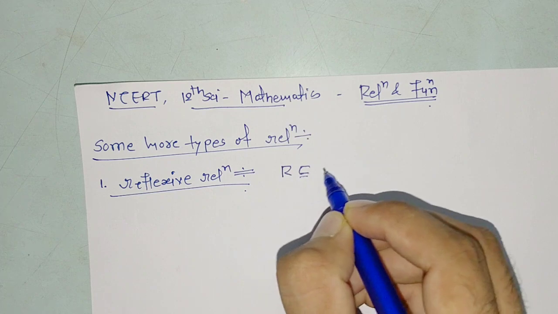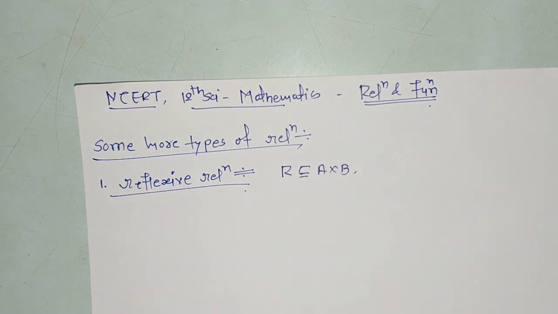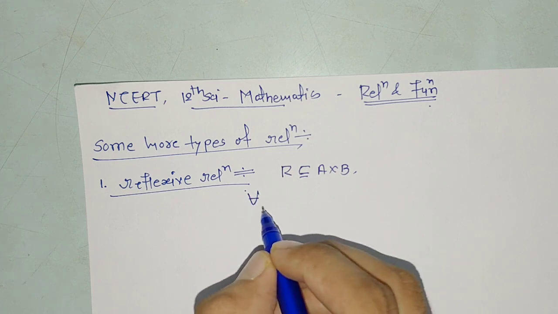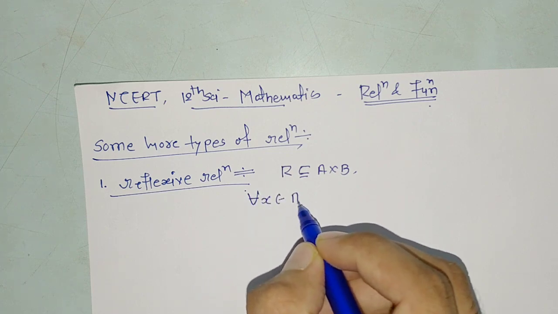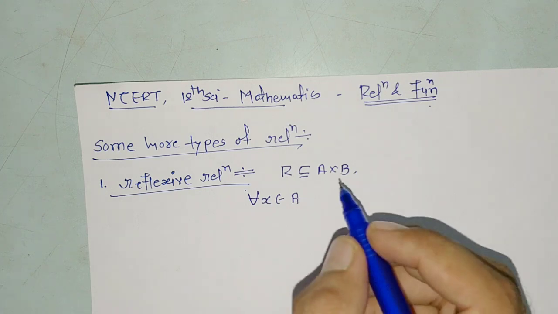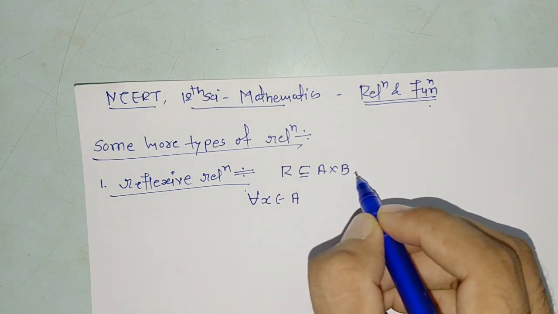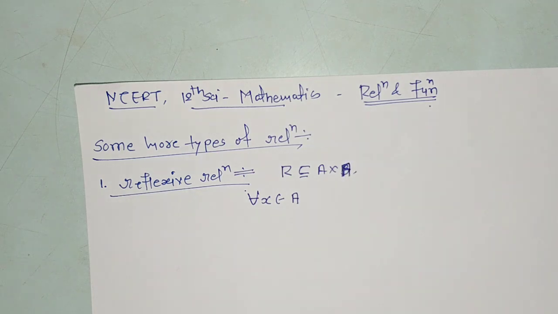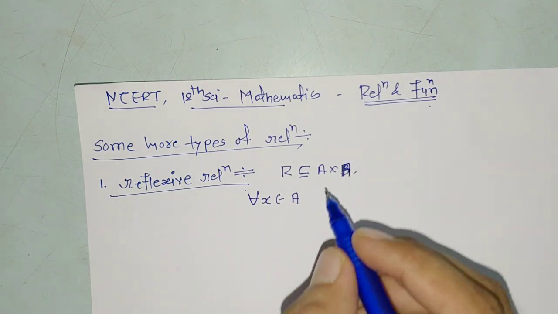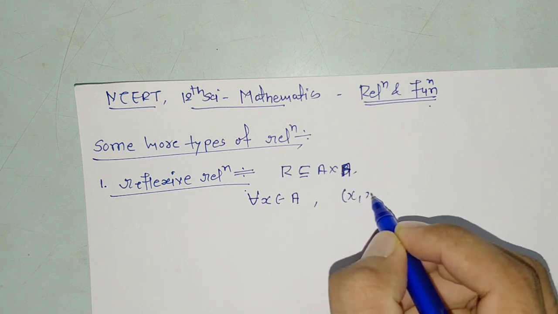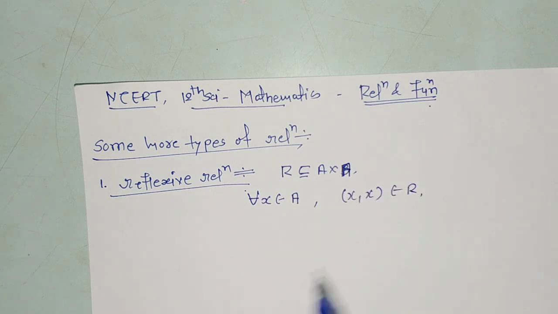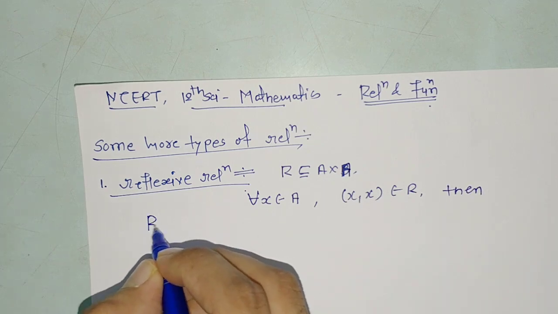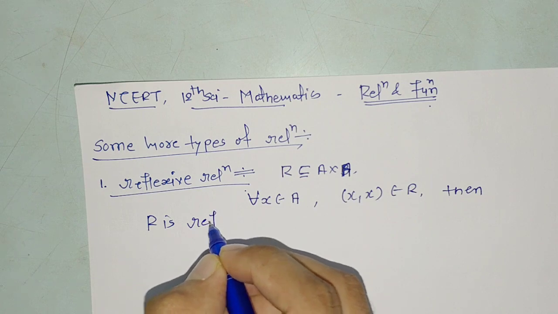R is a subset of A cross B. For all, this is the notation of for all, x belongs to A. Let me correct, I have made a mistake over here. R is a relation from A cross A. For all x belongs to A, (x, x) belongs to R, then R is a reflexive relation